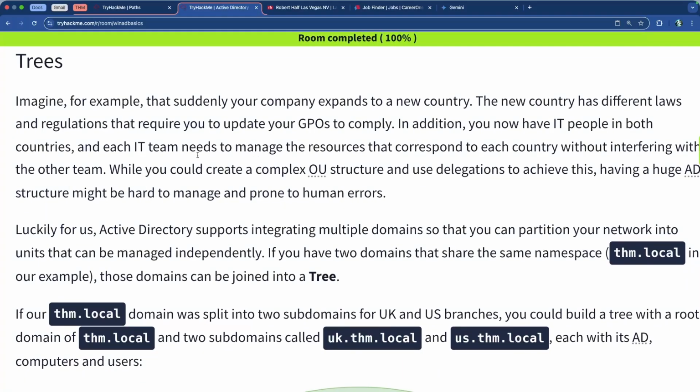So each state has a tree that has a bunch of domains in it, and then each country that Bank of America is in is one forest, so to speak. And then based on the regulatory compliance of that country, each forest has its own group policies and its own laws that govern it. And it would be separate from each other country, because for the most part,